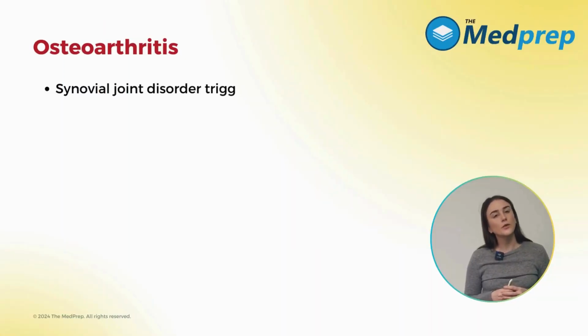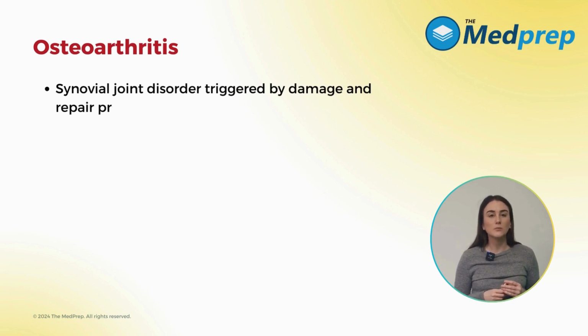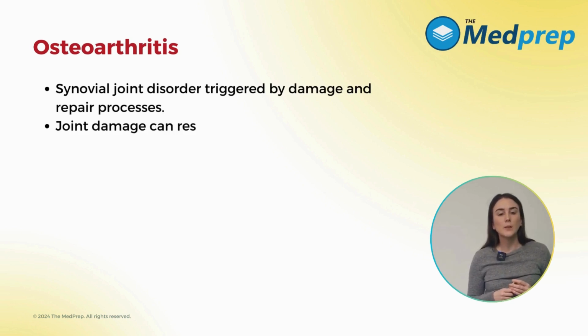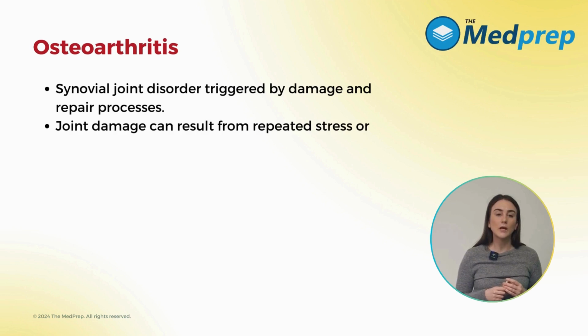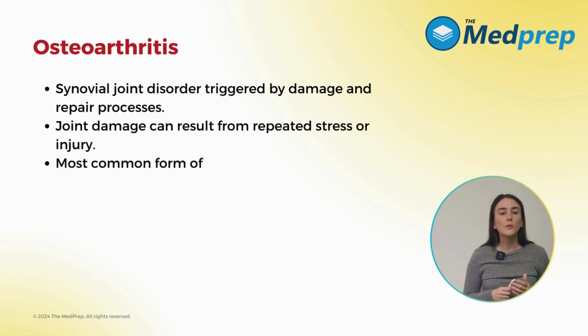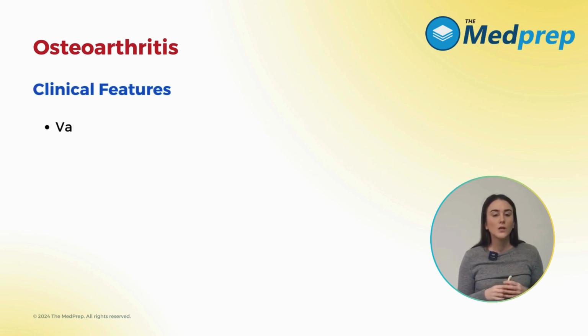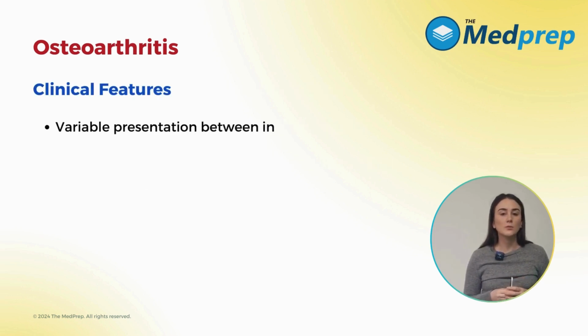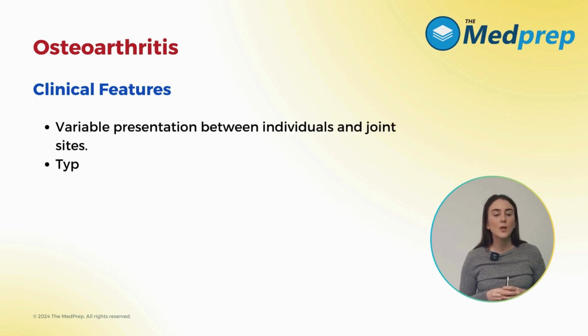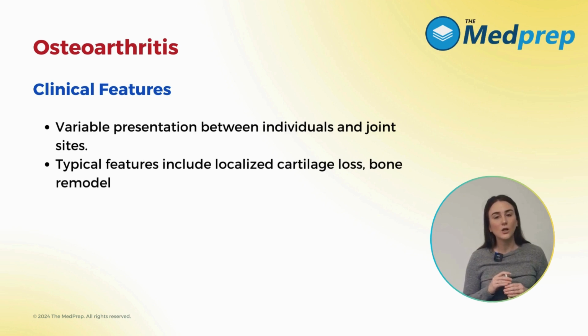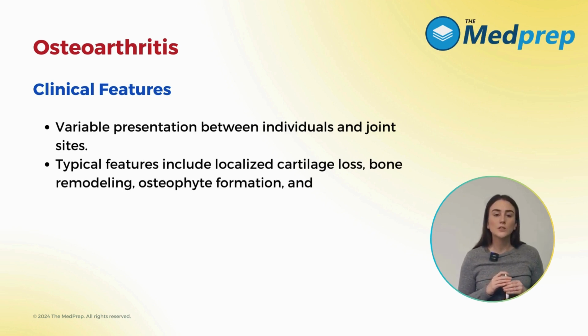Osteoarthritis is a synovial joint disorder which is triggered by damage and repair processes. Joint damage can result from repeated stress or injury. The most common forms of arthritis affect the knee, the hip joints, and the small hand joints. So there's a variable presentation between individuals and joint sites, but typical features involve localized cartilage loss, bone remodeling, osteophyte